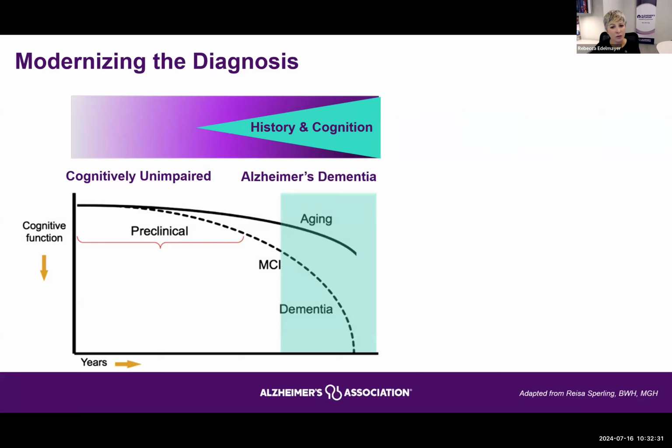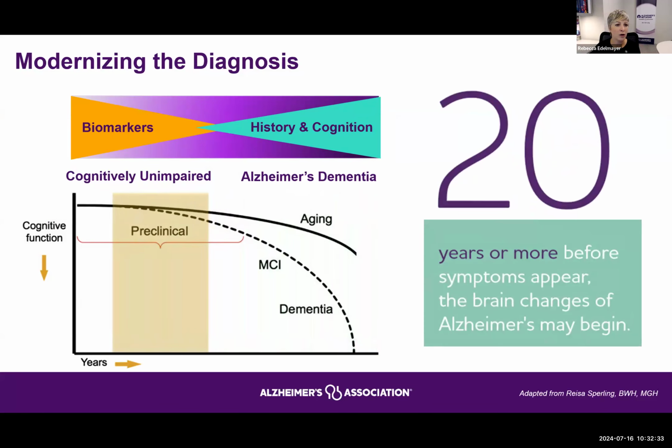But with the use of biomarkers and technologies, we are changing the game here and better able to understand, even in individuals who may be cognitively unimpaired, whether those changes are already occurring in the brain. We're actually testing people in clinical trials today in what we call the preclinical or asymptomatic stages of disease, so that we can use that window to better detect, diagnose, and even test new therapies in individuals at the earliest stages.